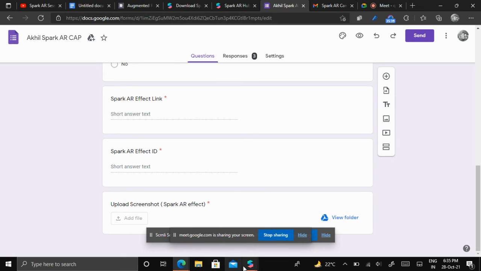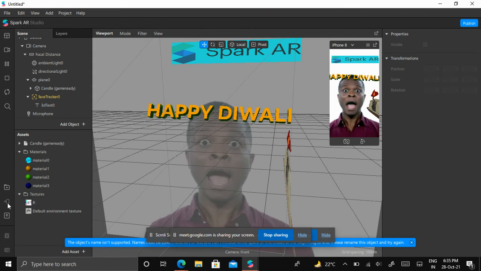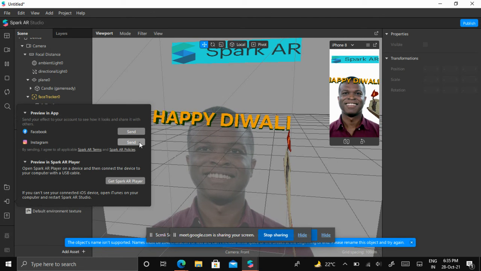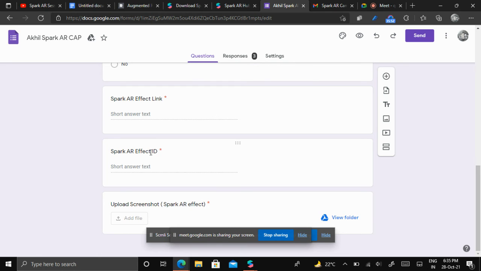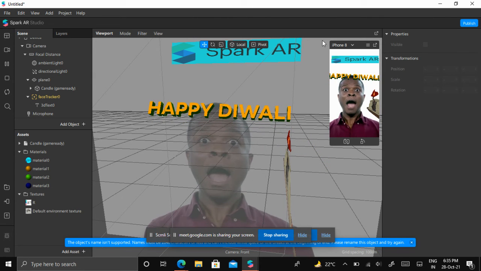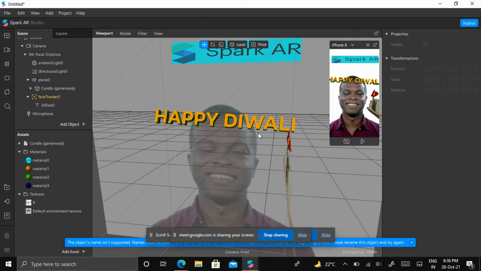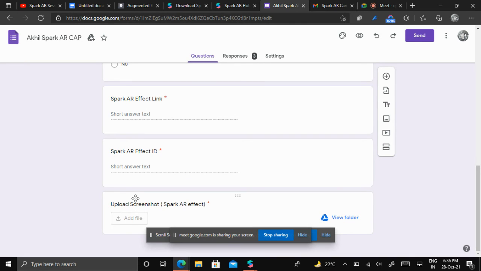And the effect link, you will get when you publish it to Instagram. When we send to Instagram, the link that you get after sending, you will paste it here as the effect link. And the screenshot, you have to make sure that this is what I have done till now. This is the screenshot. You have to share it here in the screenshot section.